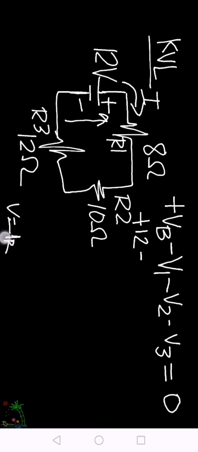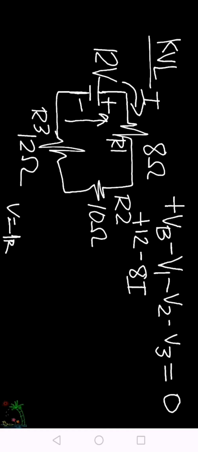So V1 is I times R1. The current is the same in the circuit, as this is a series circuit. So R1 is 8, so we can write 8 times I,